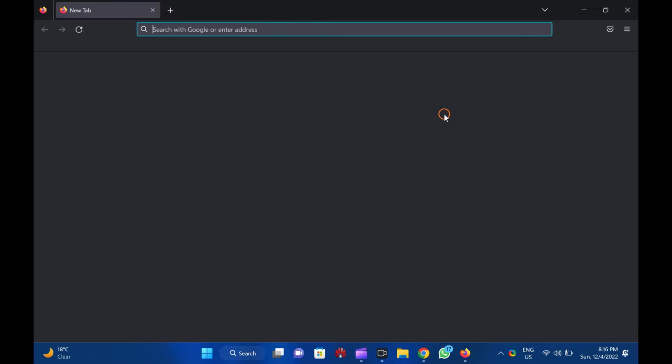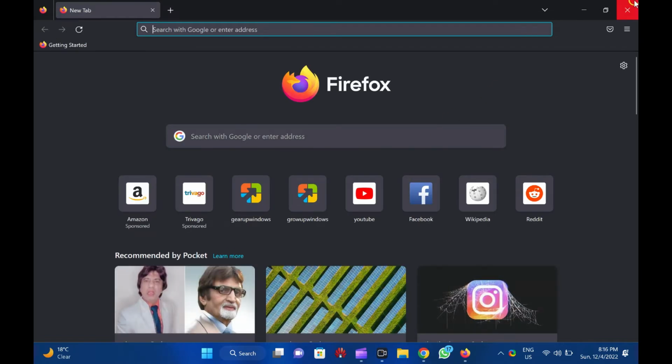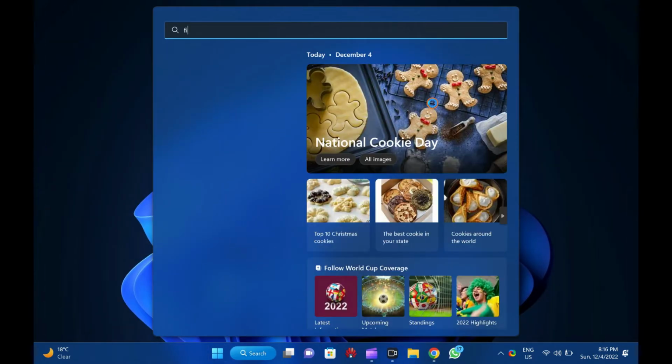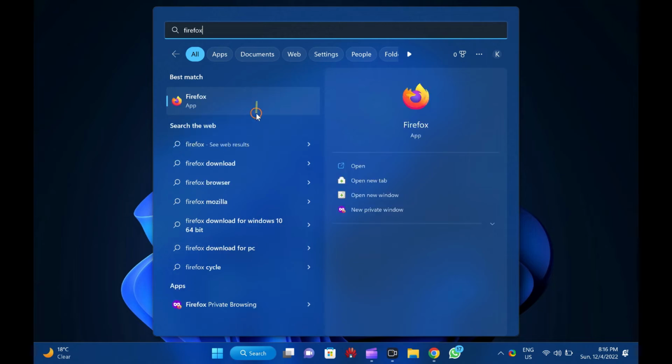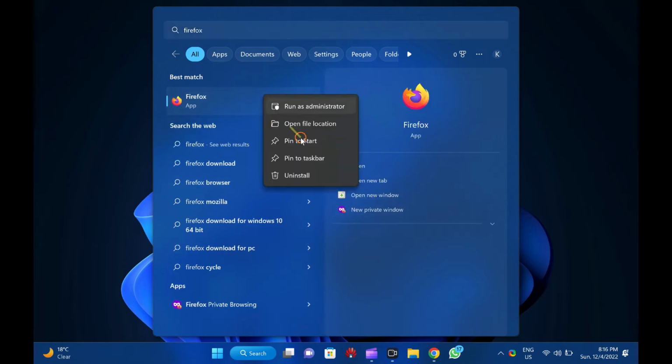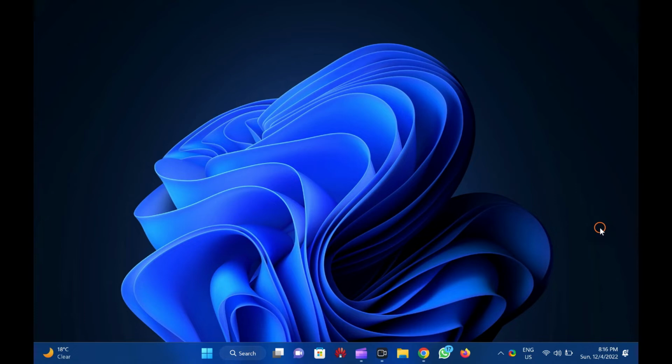That means there is no need to download third-party add-ons to do this work on Windows 11 or 10 or any other operating system. Dark mode or theme is convenient for those who want to browse the web or watch videos or movies in web browsers at night. If you need to browse the web at night or have your PC in a low-lit room, you should consider enabling a dark theme on your Firefox to avoid eye strain.